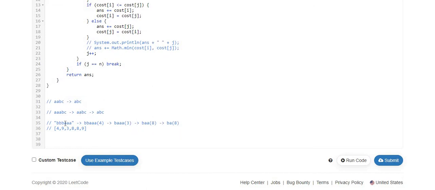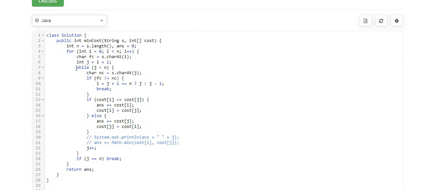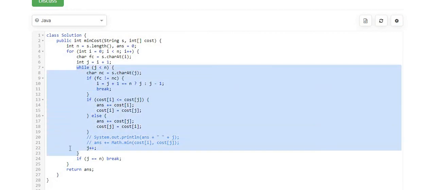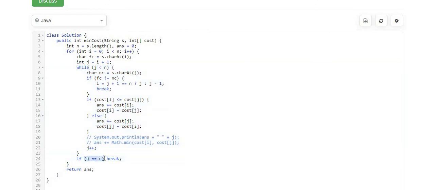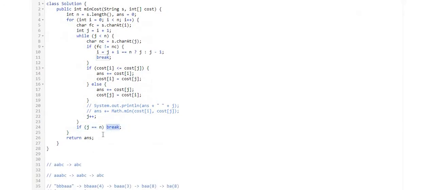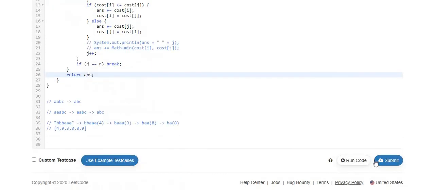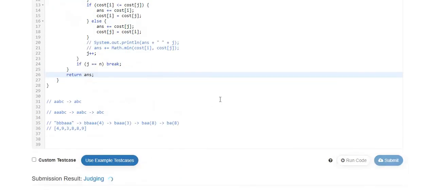There can be the case that if we keep on moving, for example, if we consider this example, this is the ith character, and it will keep on moving forward as the jth pointer, and there will be a case that j will be exhausted. So this while loop will be exhausted, and it will come out of it. Now we have to check whether j is equal to n, because it has already reached the end of the string. If it is the case, then we have to break the for loop as well, and finally we have to display the answer. So let me run this program and show you the output.